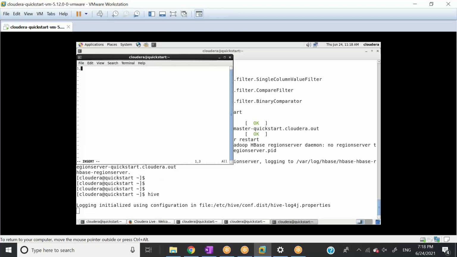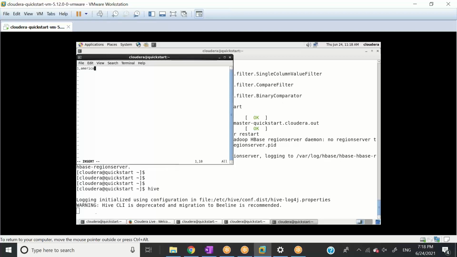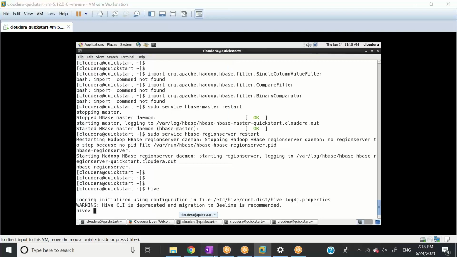Let's say the career is American. And what is the next column? Distance. Let's say it travels 2000 kilometers. The second is, let's say, spice, and it travels this many distance. The third is, let's say, test, and it travels this distance. Fourth or fifth, whatever, and it travels 777 distance. I'll just say wq, and now I'm connected to Hive.